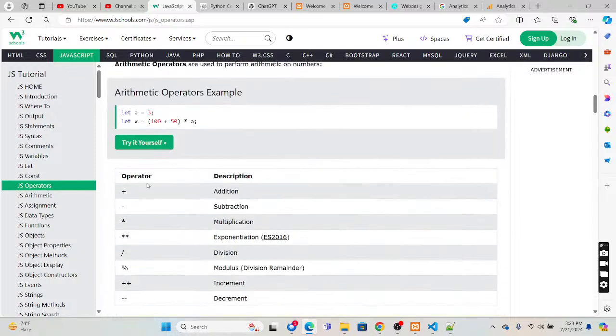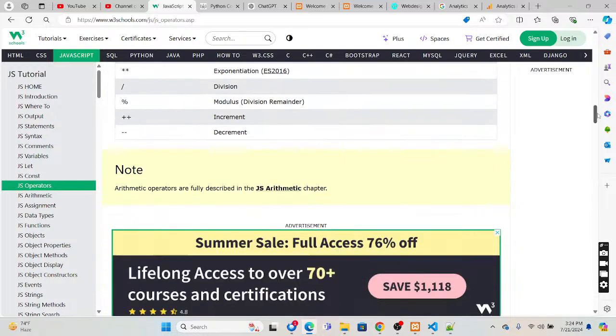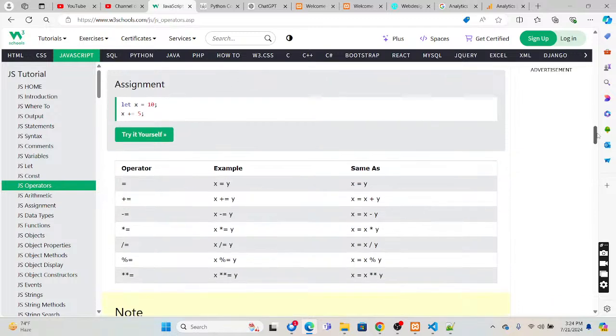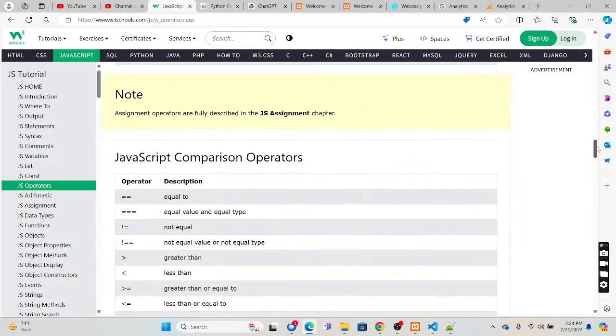Arithmetic operators we have seen: plus, minus, star, exponentiation, division, modulus, and increment and decrement, plus plus and minus minus. Assignment operators include plus equal to, minus equal to, star equal to, slash equal to, percentage equal to, or exponent equal to.